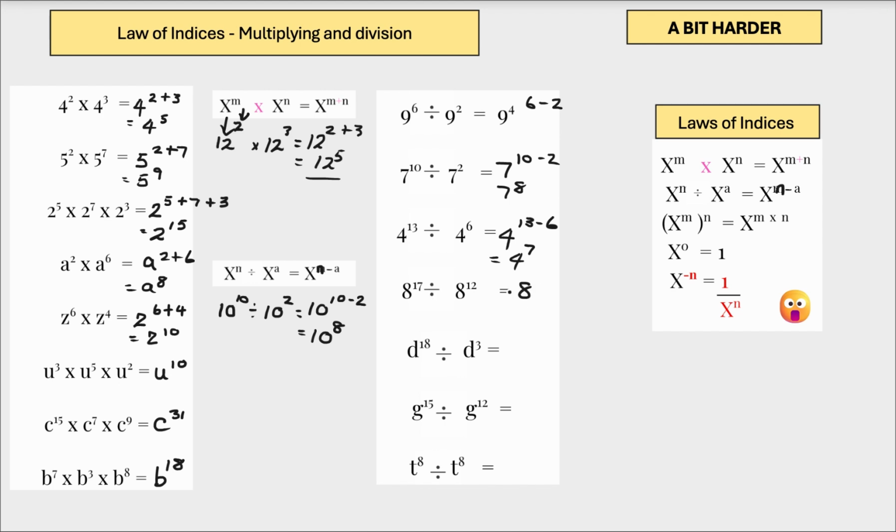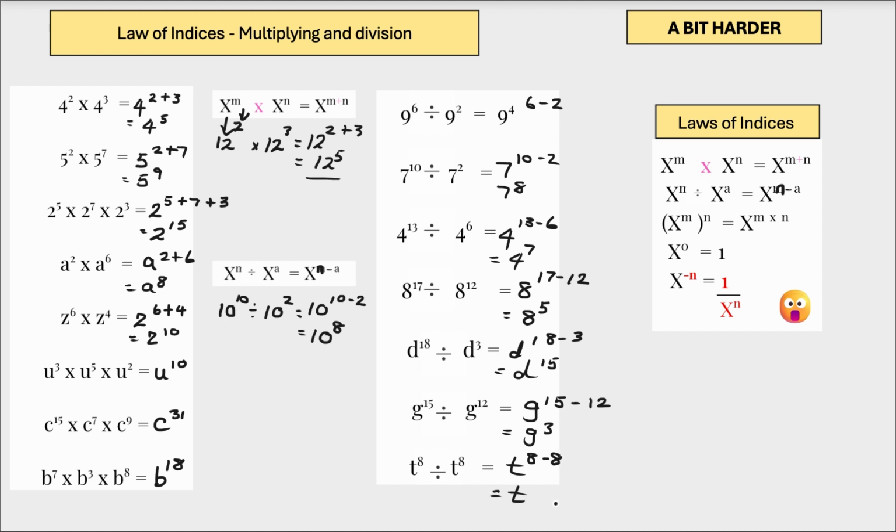So the next one is 8. 17 subtract 12 equals 8 to the power of 5. Same again, so D. 18 subtract 3 equals D to the power of 15. Next one, G. 15 minus 12 gives us G to the power of 3. And finally, it's a T. 8 minus 8